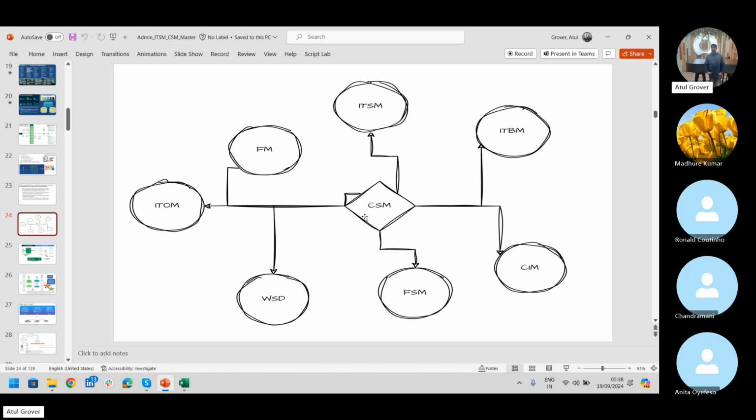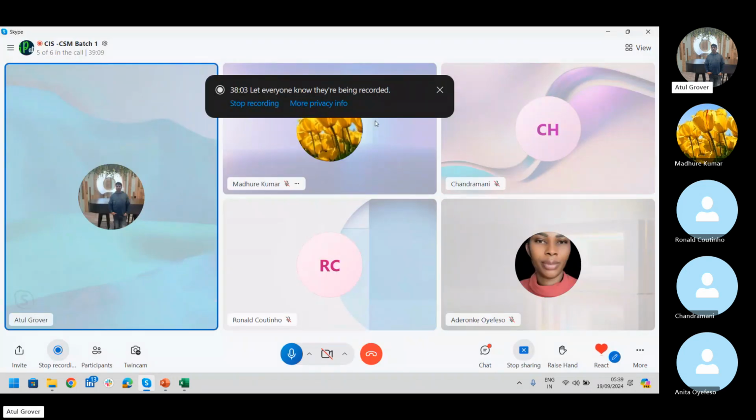Okay. Now when we talk about the ITSM, because this is one of the core areas for us to understand, CSM and the ITSM. CSM is a different product of ServiceNow. ITSM is a different one. It has a different licensing, different costing. But if you want to integrate CSM with ITSM,